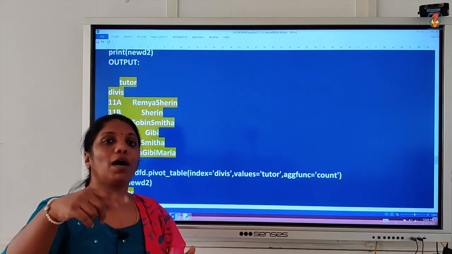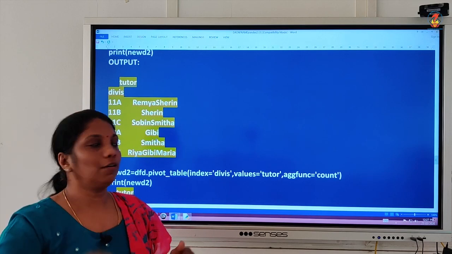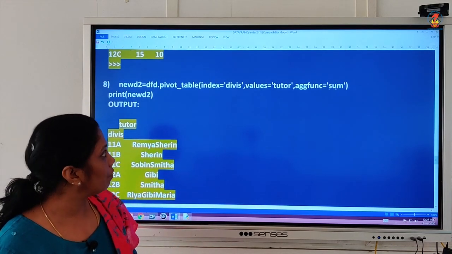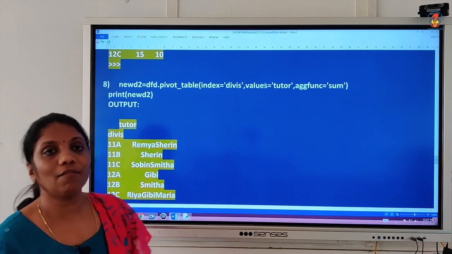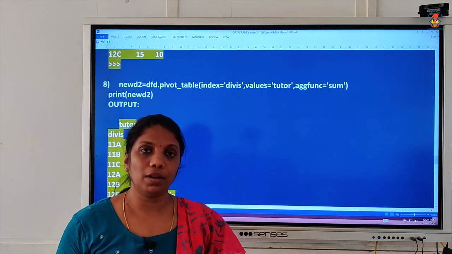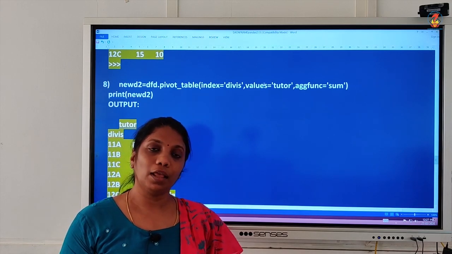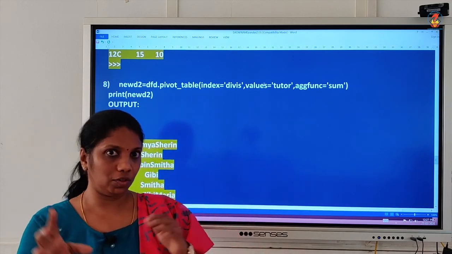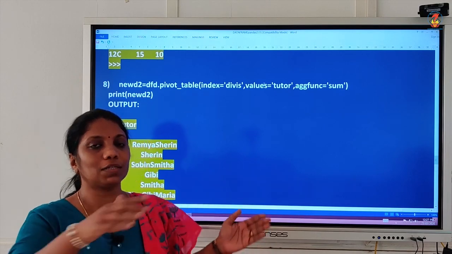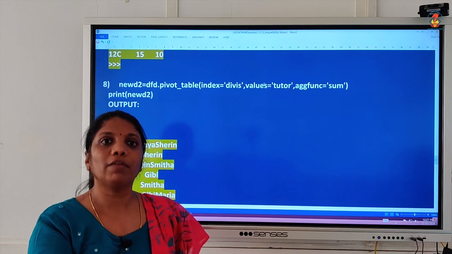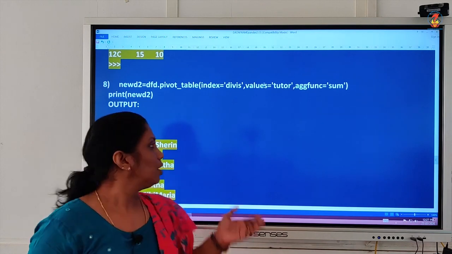So basically apart from mean, any other aggregate function can be given here with the string value under the values argument and try it out to see the answers. Max and min can be done there. So the maximum value, that is which particular string value has the highest ASCII, that will come for maximum. Min the same way, which has the minimum will come.